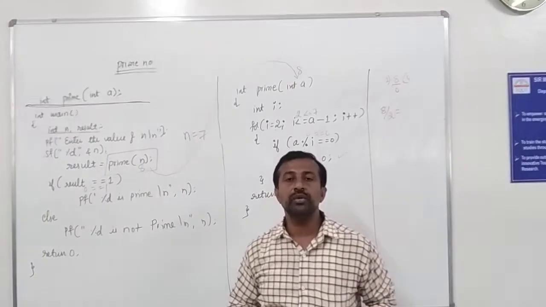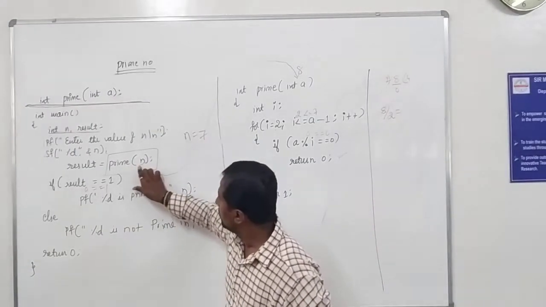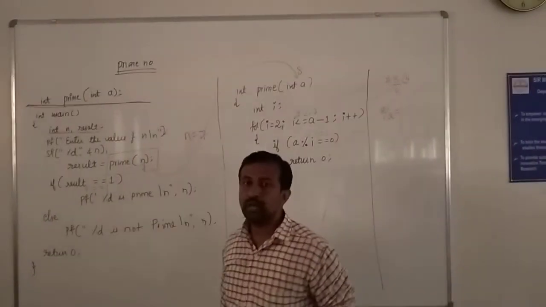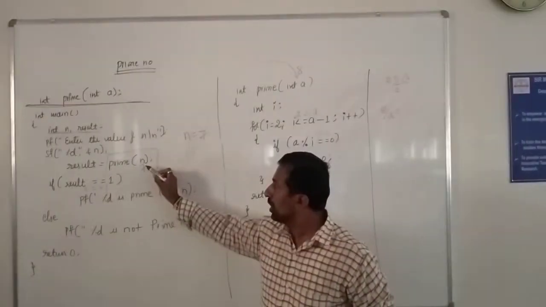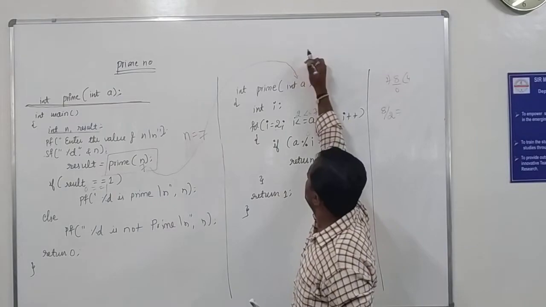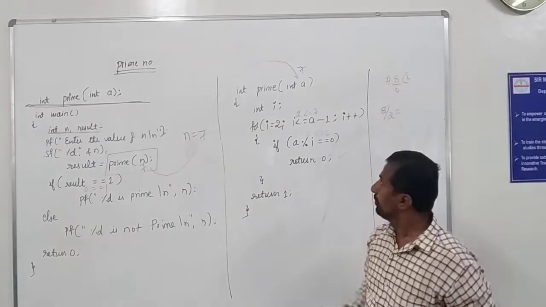So my input is now 7. Pass that number through the function. In place of n, you pass the value 7. When you pass the value 7, control automatically goes to the subfunction. Here the A is going to receive the value 7. Then